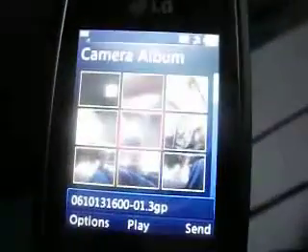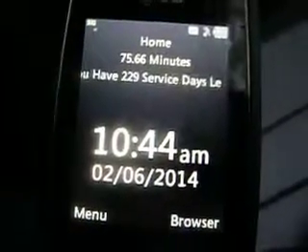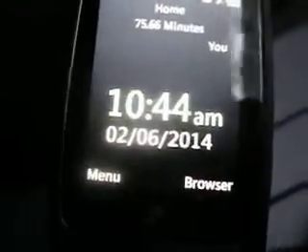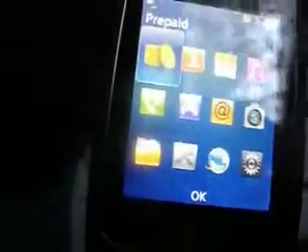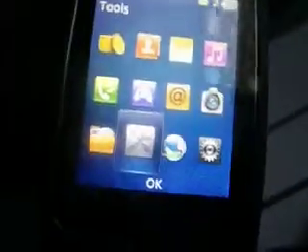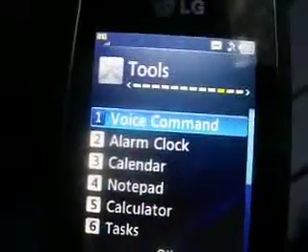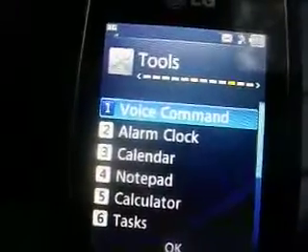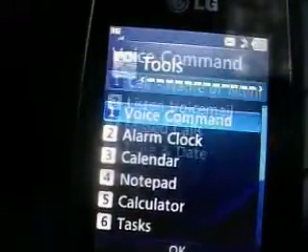In the video that I make at this location, I'll show a video picture of the cell phone, which shows the date and the time, just like you're seeing right now. And recently I've started using the voice command feature, which is in the tools feature within the menu. Once you activate that, you can literally have the phone electronically state the date and time, which I'm going to do again right now. Say a command.